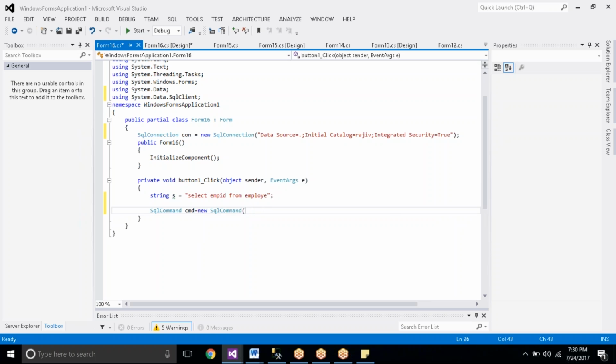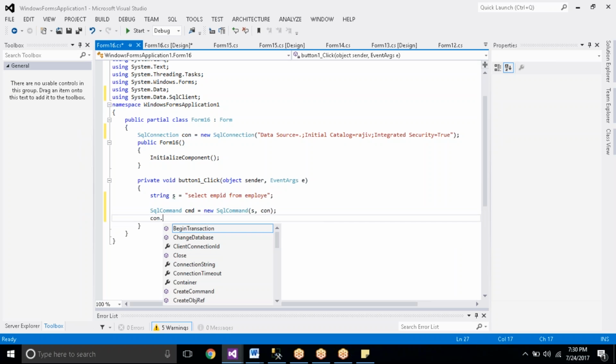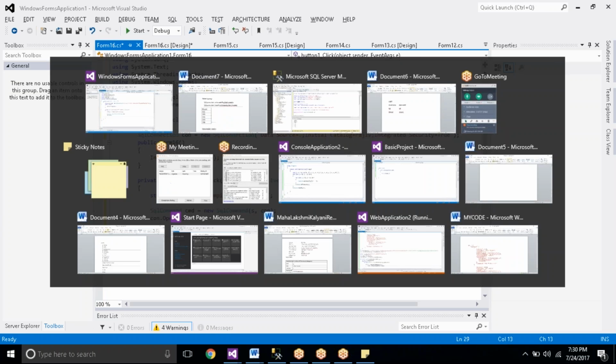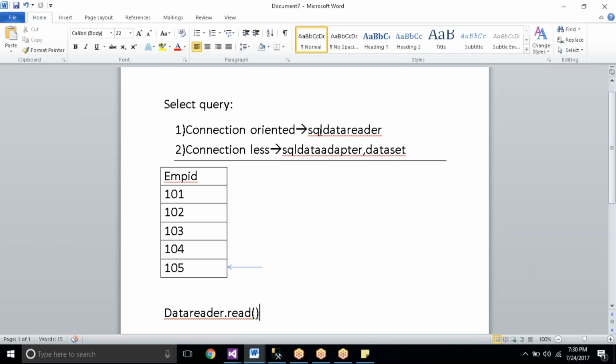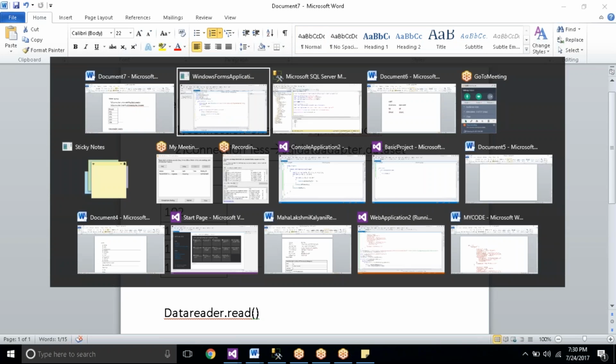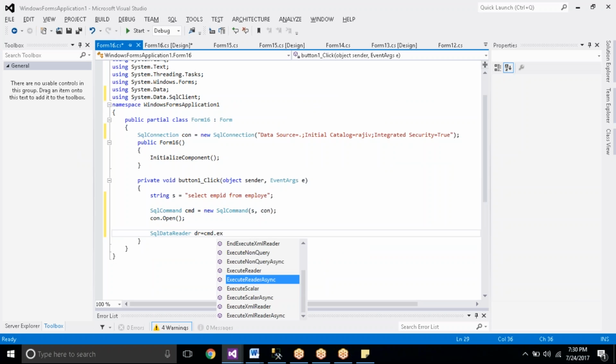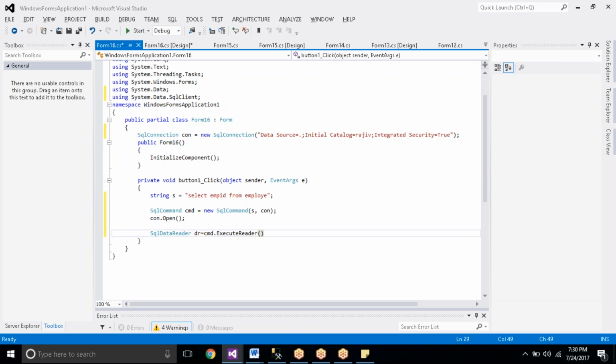Now how to open the connection and execute the query? con.Open. Then we need to execute with the help of ExecuteReader, right? SqlDataReader dr is equal to cmd.ExecuteReader, which is another execute method.